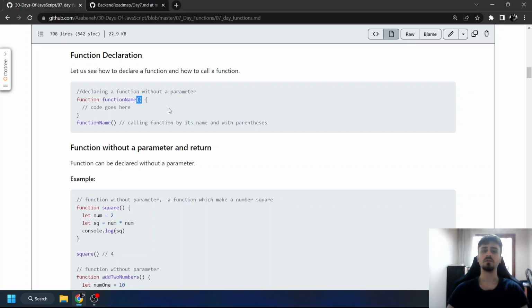And this is the parameters. You can take parameters. We will see. This takes no parameters. And inside these curly brackets, we write our code. And we can call this function by writing its name and giving its parameters. So without a parameter,